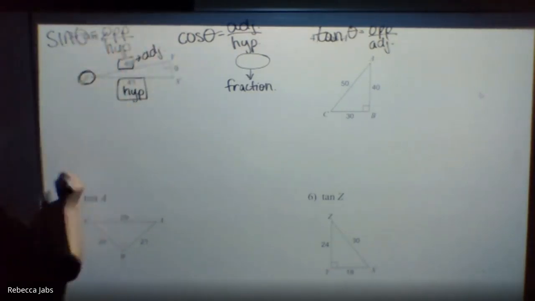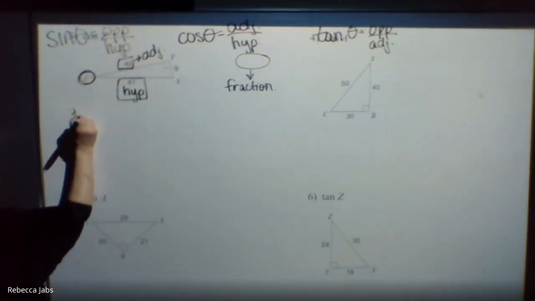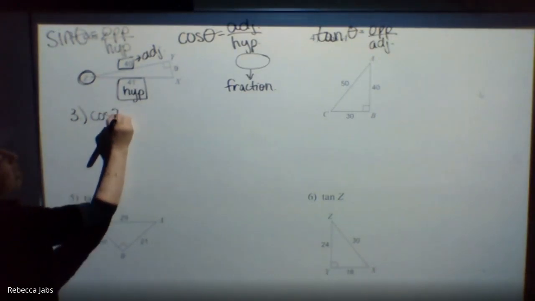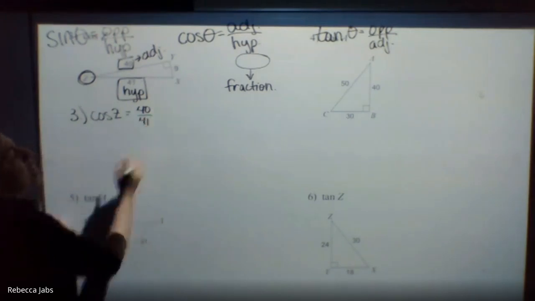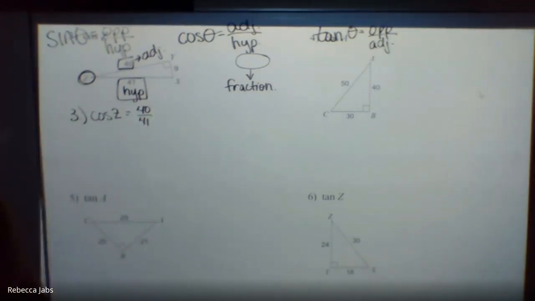And again, because I accidentally scrolled up just a little bit too much, for the cosine of Z, my answer would therefore be 40 over 41. And I bet you know those are so close together, I cannot reduce those. All right, so let me scroll up a little bit more. For tangent,